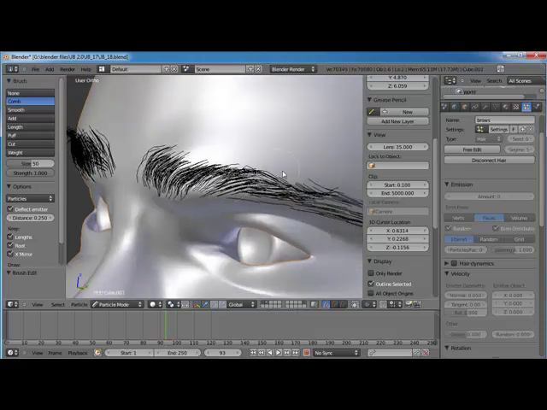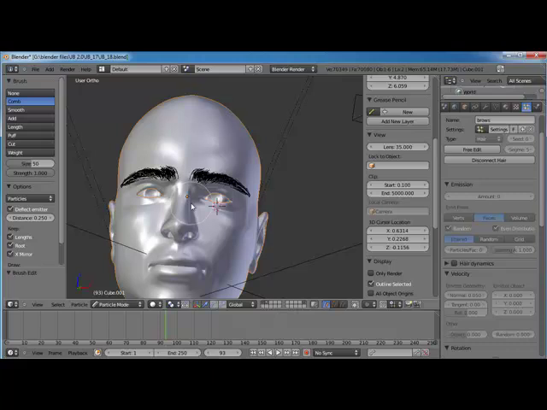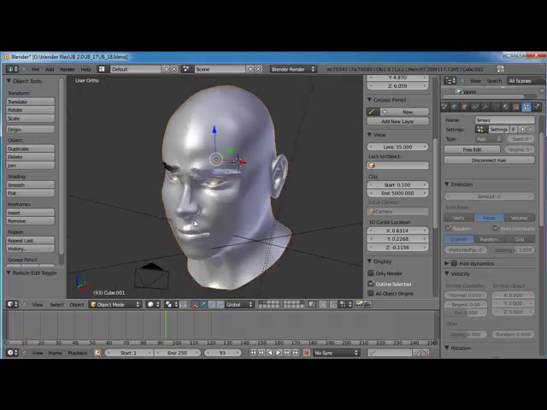Okay, you can spend a lot of time detailing that if you want to. Okay, so now that's basically some decent looking eyebrows, I guess. Let's go back to object mode. And if we render now,